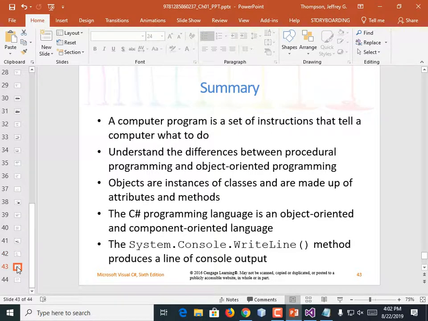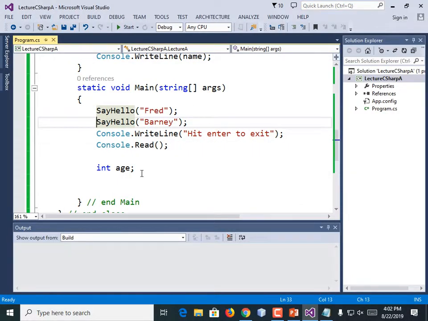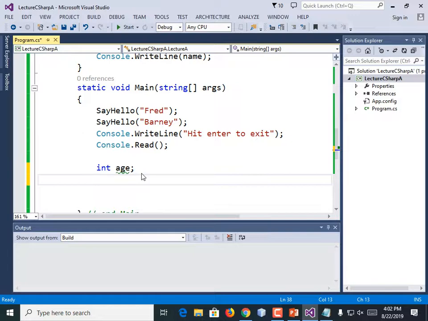Alrighty, we're done with the chapter. How about that? We did it in less than an hour. But we need to do a little bit more than that. We want to be able to ask the user for a value and do something with it. Like we want to ask them for their age. We're going to use .Read for that. Let's tell them that we want their age though.